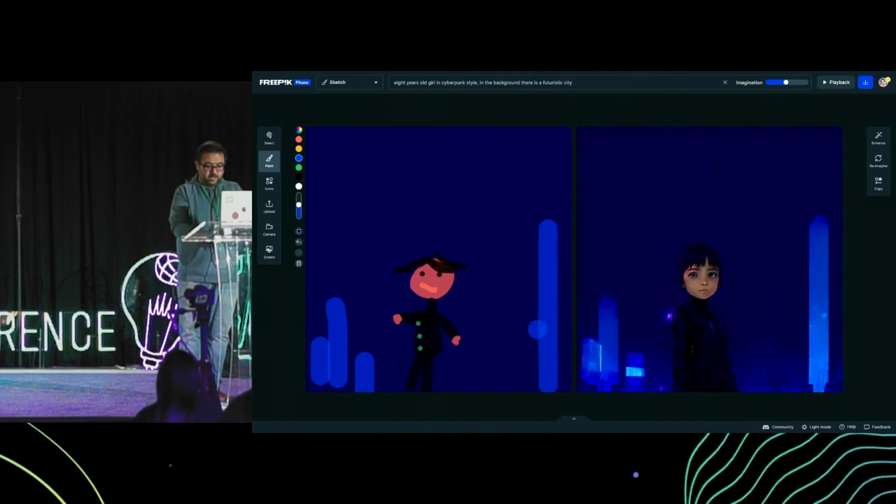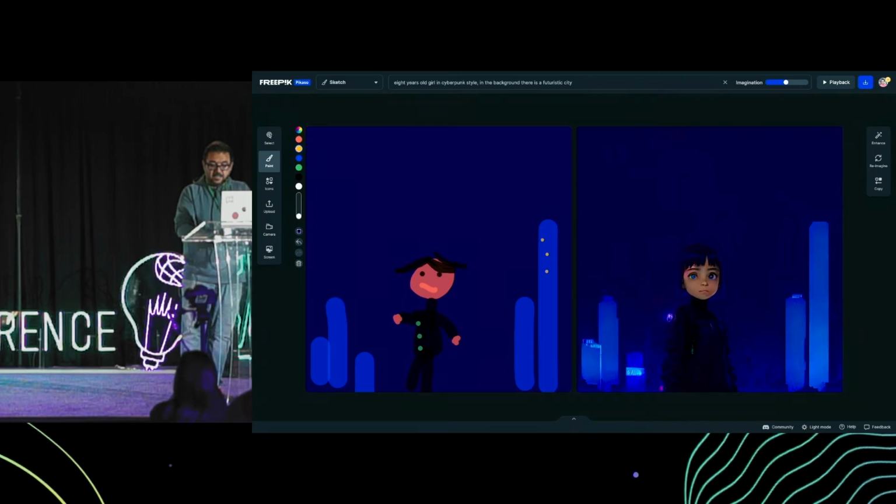So a tall building here, another one. We can add some lights, some details. So you have total control of the final composition with your drawing.